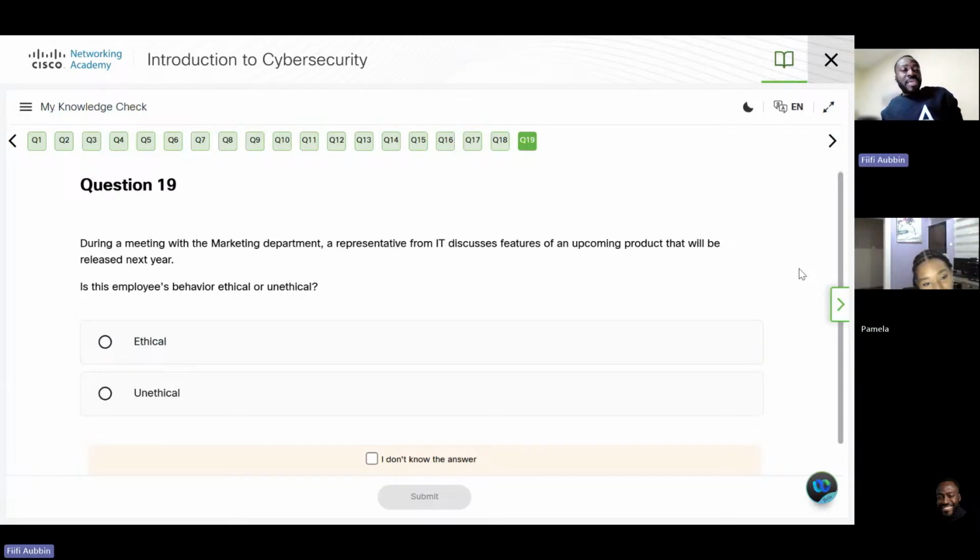Okay. So during a meeting with the marketing department, a representative from IT discusses features of an upcoming product that will be released next year. Is this employee's behavior ethical or unethical? How is that unethical? It says next year, upcoming product.